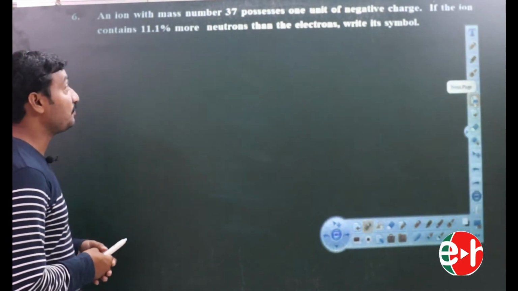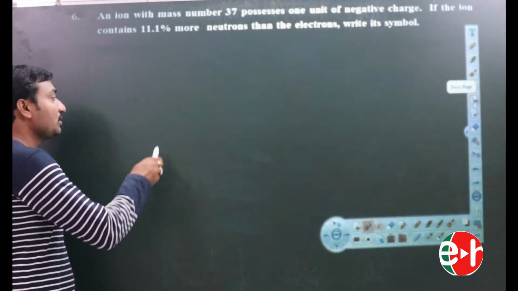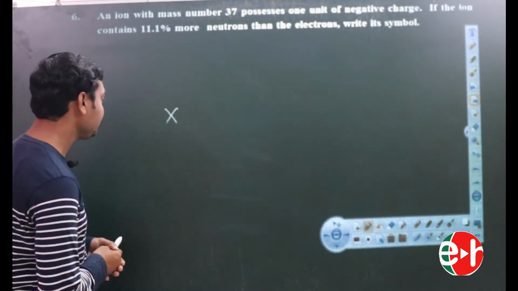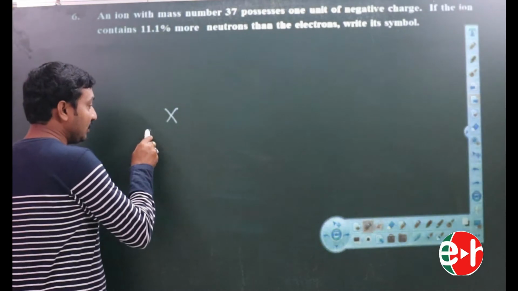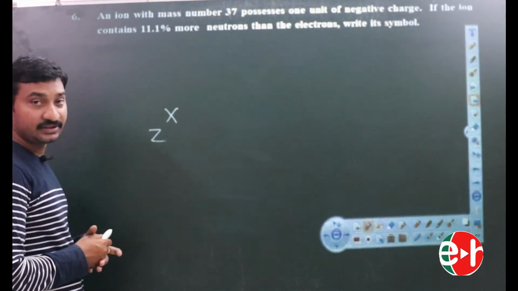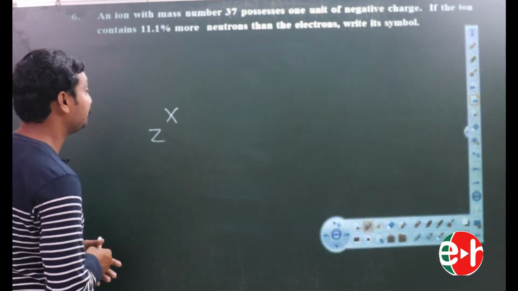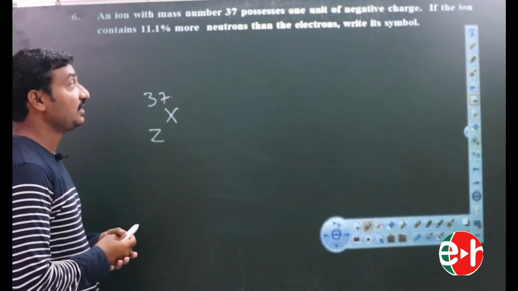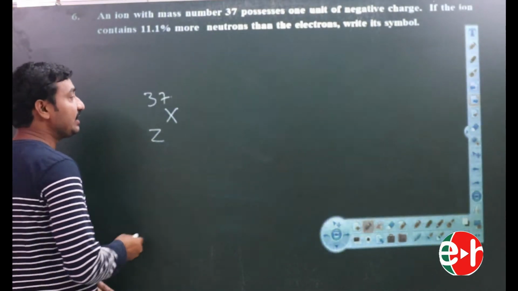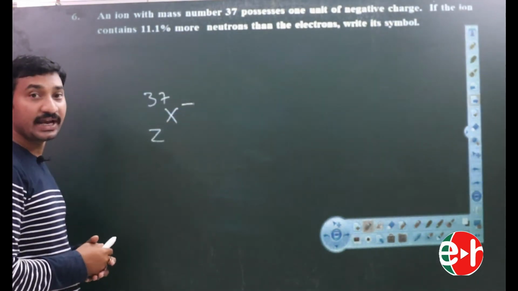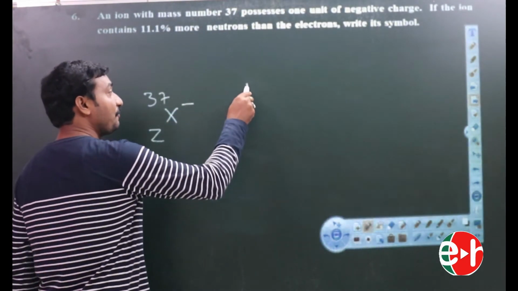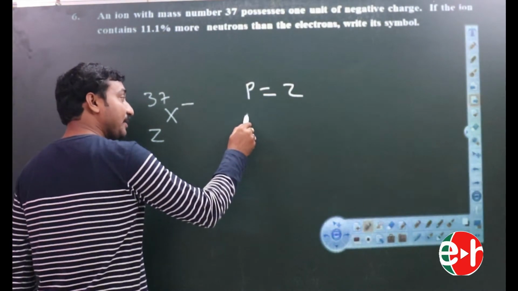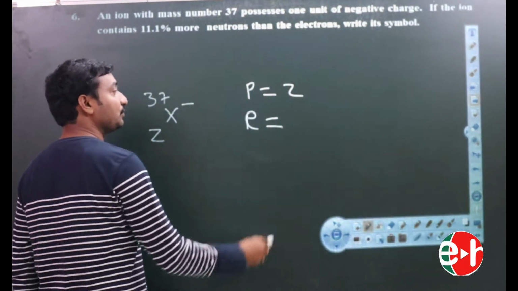An ion with mass number 37, we don't know the element. Let us say the element X, and let atomic number Z, mass number given, and this has 1 unit negative charge. Now number of protons equals atomic number, that equals Z, and number of electrons equals